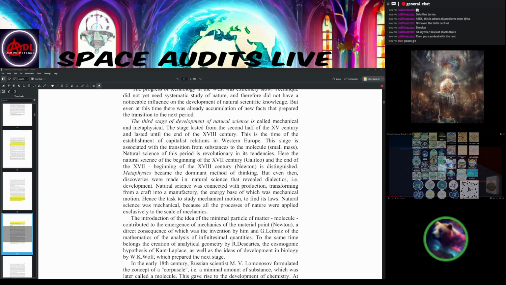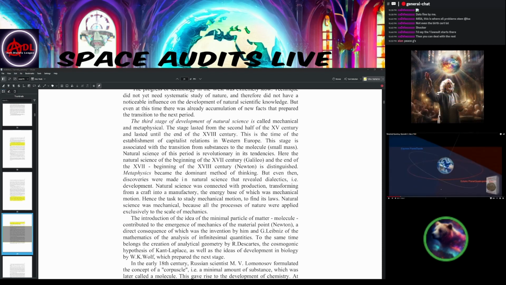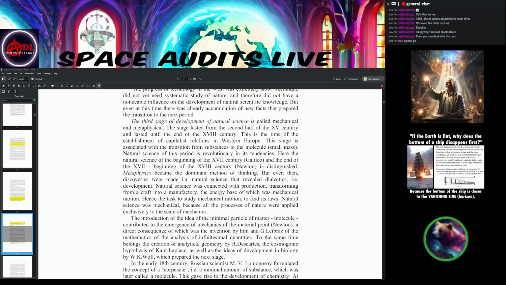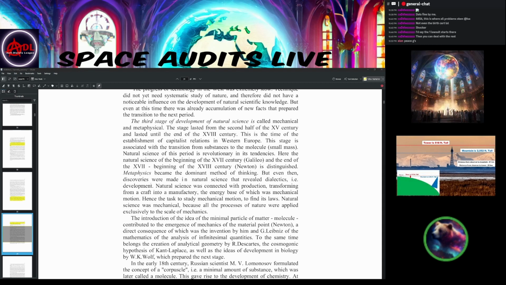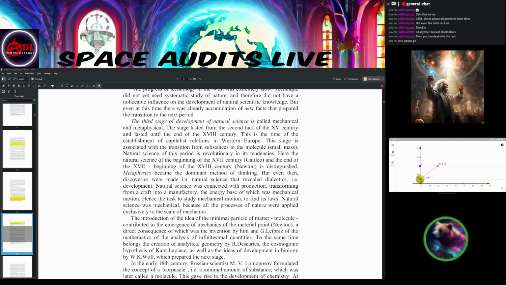These small masses. Natural science in this period is revolutionary in its tendencies. Here, the natural sciences in the beginning of the 17th century, Galileo, and at the end of the 17th century and the beginning of the 18th century, Newton are distinguished. Metaphysics became the dominant method of thinking, but even then, discoveries were made in natural science that revealed dialectics, i.e., development. Natural science was connected with production, transforming from a craft into manufacturing, and the energy base of